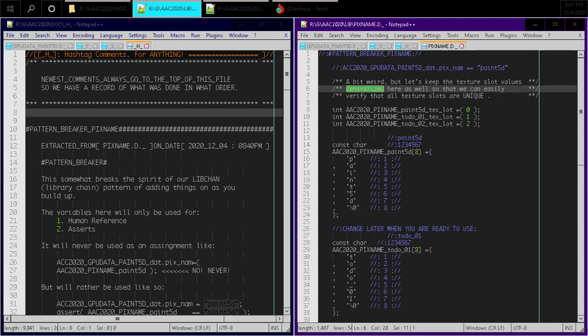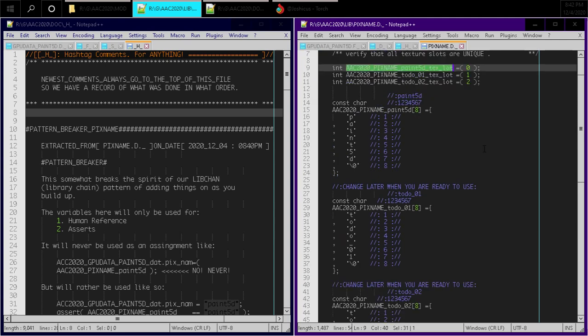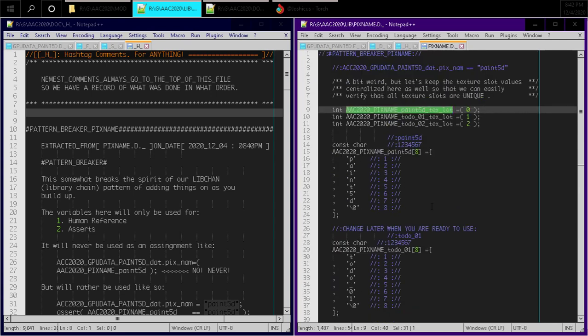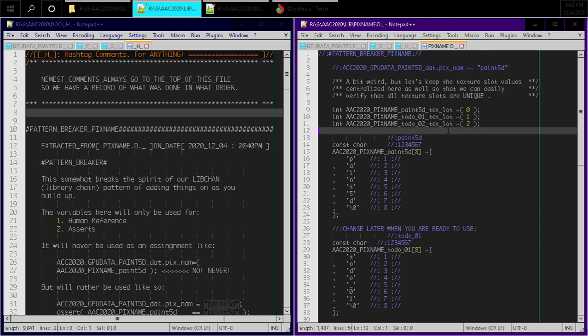This is also kind of weird, where this is just supposed to be a repository of all of the names of the different chunks of data we're using. But we're also going to keep the texture slots here as well, right? We're going to keep that same one-to-one relationship where editor 1 uses texture slot 0, editor 2 uses, well,